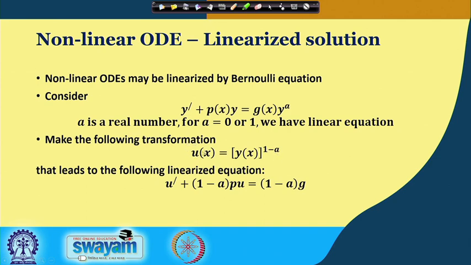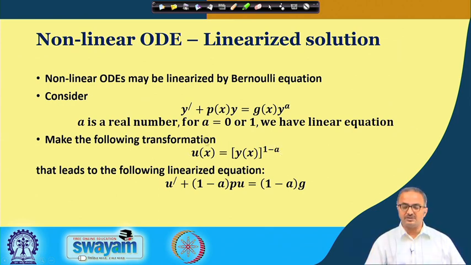He suggests that you make this particular transformation. So, you put another variable u and put that as y to the power 1 minus a. With this, you just replace in this equation and you get this equation. Now, you can see that on the right hand side, we have totally taken off the dependency on u, and we have linearized the original nonlinear equation in terms of some transformed variable. So, that means what we shall be solving for will be u, and once we know the value of u, we can now solve for y.